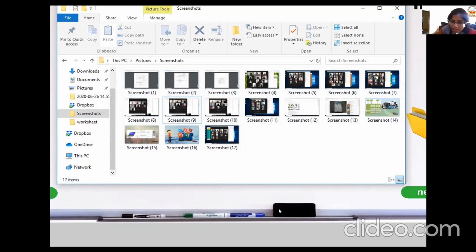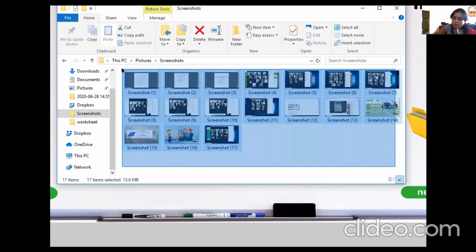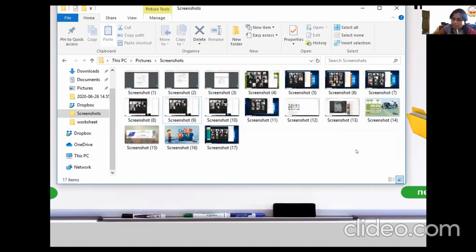Now the second method, do a left click anywhere. I have done a left click on my screen, can you see? When I'm doing a left click and moving the mouse, it becomes like this. So like this, I will select from here, and all my files are getting selected. I'm dragging from one point where I have clicked. I have to keep my left click pressed, okay?